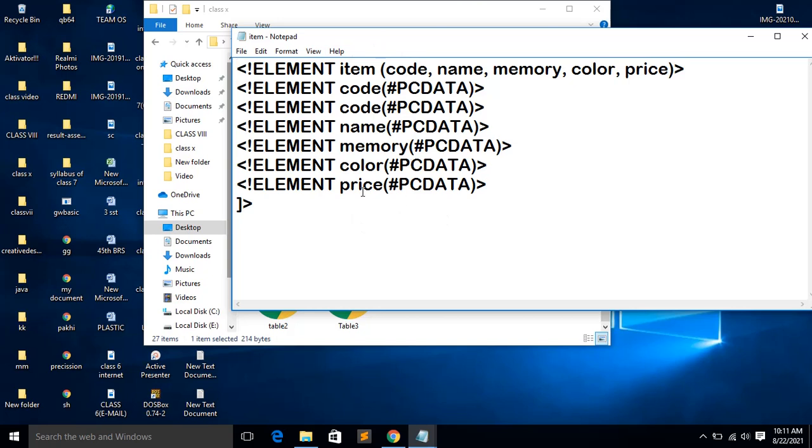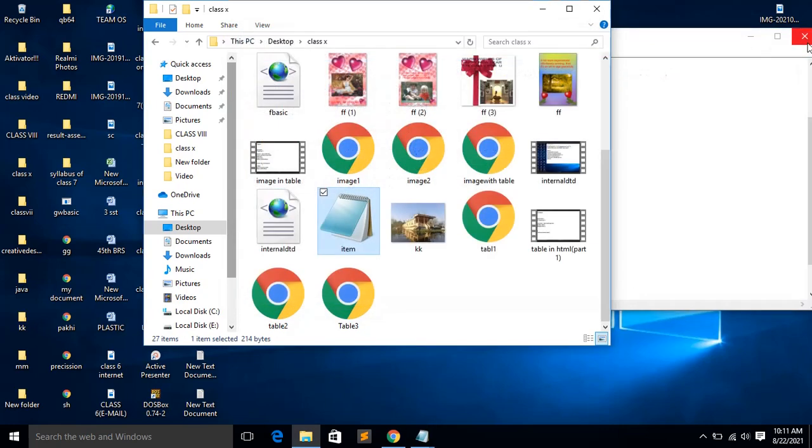So this portion, the declaration part, will be in a separate file, and the extension will be .dtd. That one you have to remember. And another file will be the coding part. So 5.10 is the coding part, and the content of item.dtd is already given in your book. They will be two separate files.